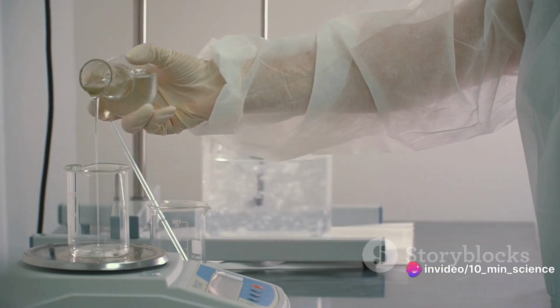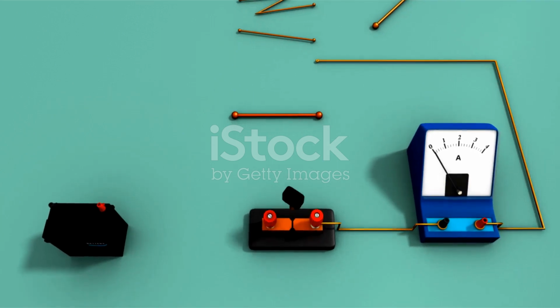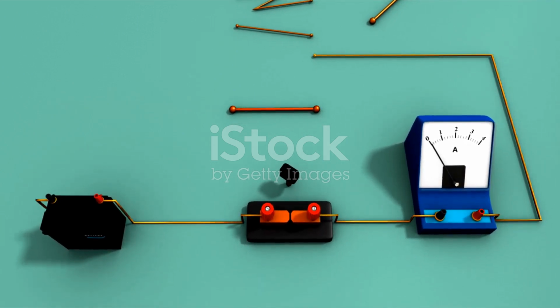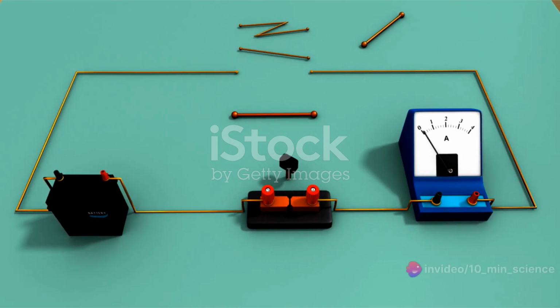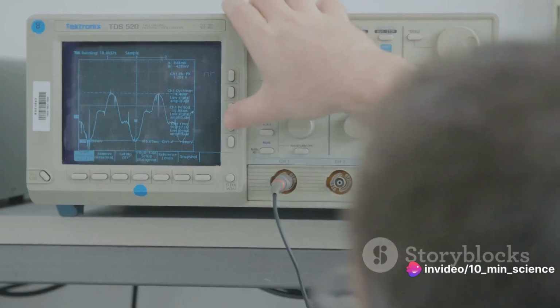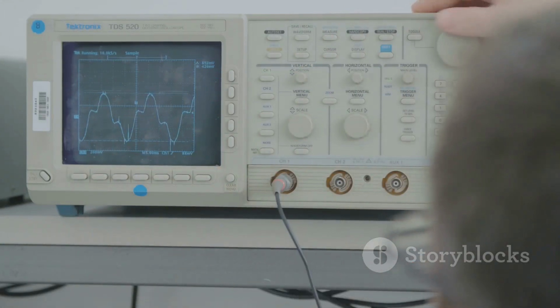But what about specific conductance? Well, it's another way of looking at how well a substance conducts electricity. But instead of considering the amount of substance, it considers the length and area of the path the electricity has to take. So if we stick with our marathon analogy, specific conductance is like considering the distance and terrain of